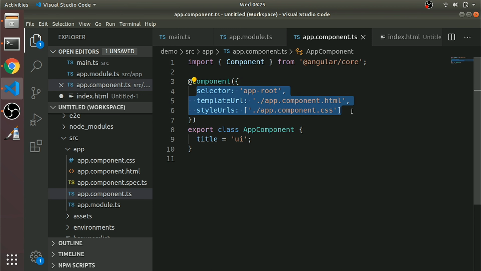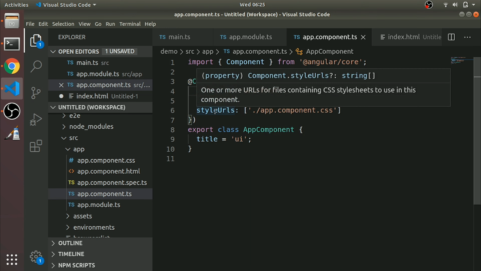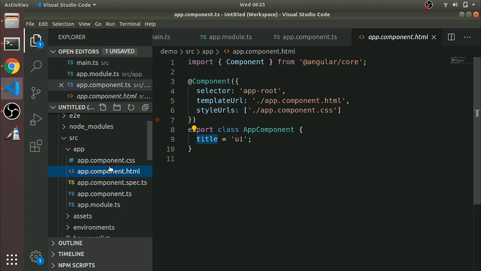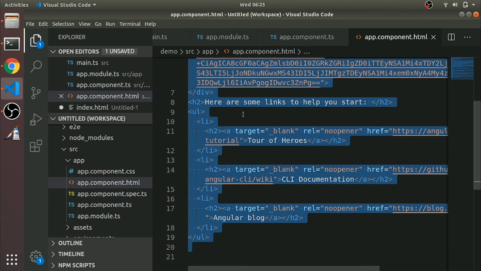Here we have three metadata: selector, templateUrl, styleUrls. We'll discuss those later. The selector selects where to insert. We have a title, and if you open app.component.html, it looks like this. So finally we arrive at AppComponent, which is the root component of the app module.